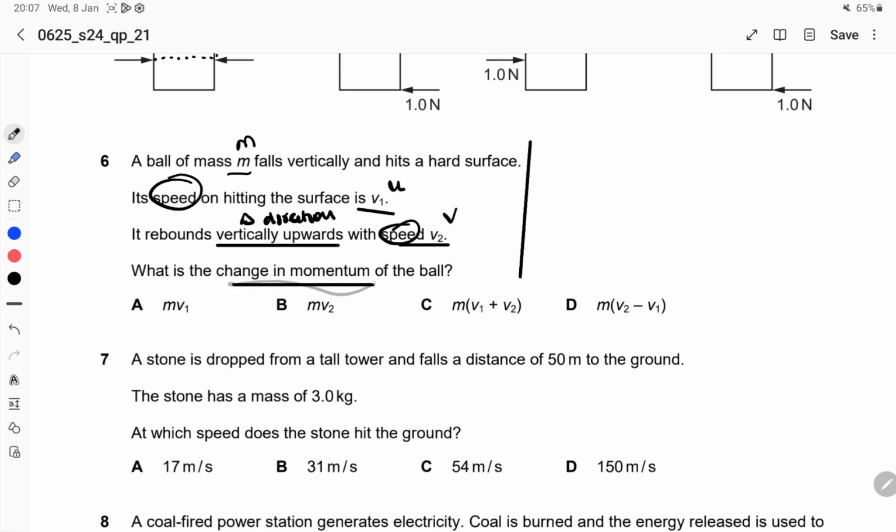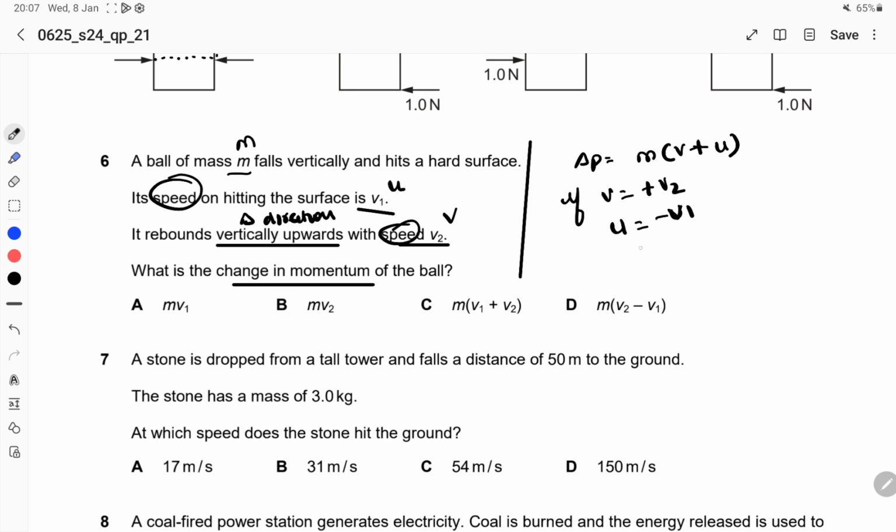They want you to find change in momentum. Make a note of this. This is an FAQ. Whenever objects bounce back, change in momentum, which is normally given as mv minus mu, becomes mv plus mu, because momentum depends on velocity. If your velocity reverses, the sign will get flipped. So if my v is plus v2, my u is written as minus v1. Why minus v1? Because it is bouncing back, or it is moving in the other direction.